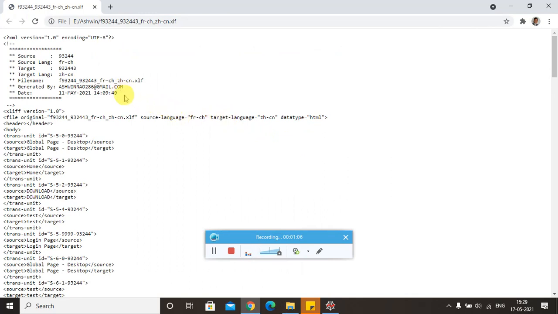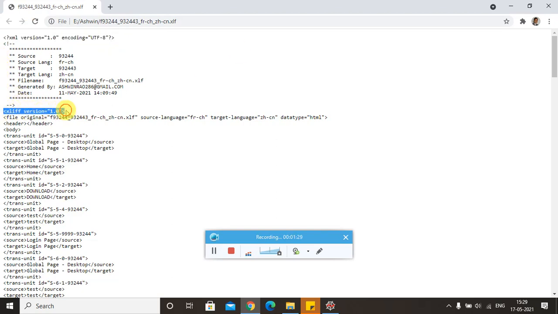Since XLIF is an XML application, it begins with an XML declaration over here, which will include the version and the encoding format. After the XML declaration, there comes the XLIF document enclosed within the XLIF element here.